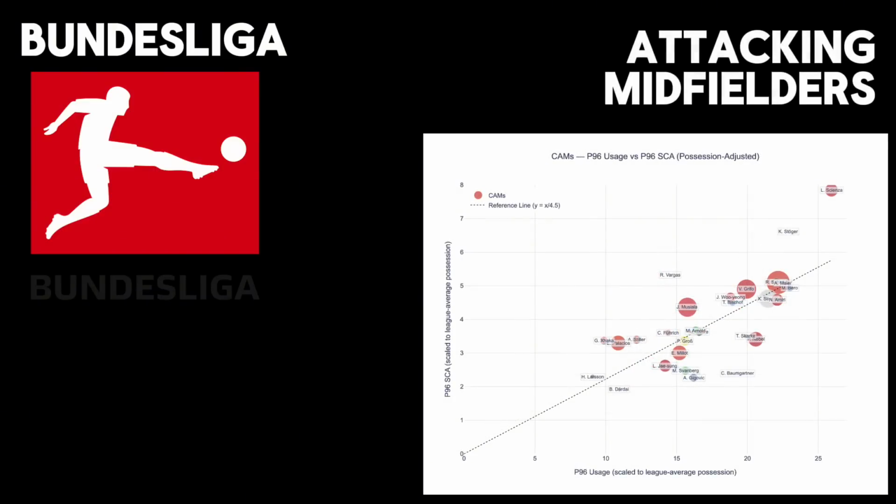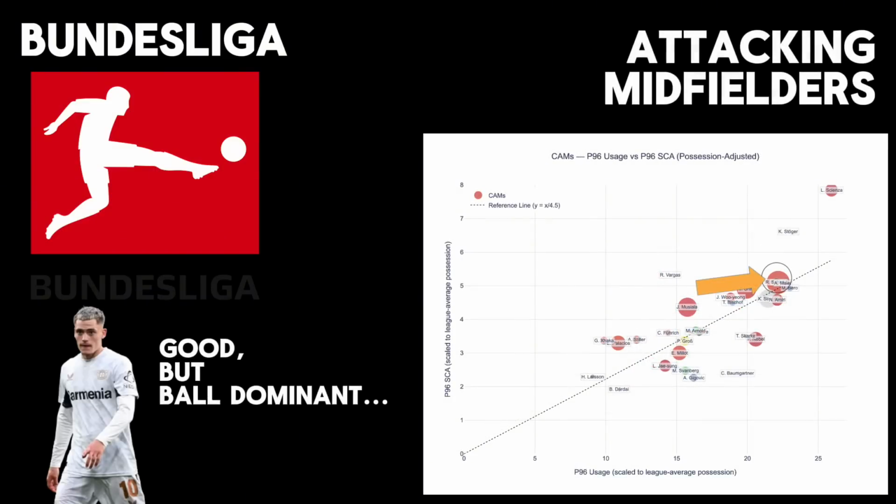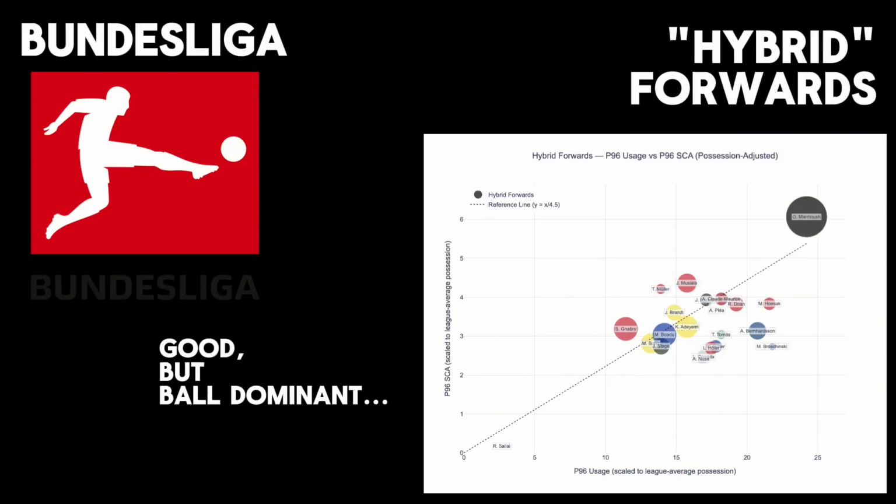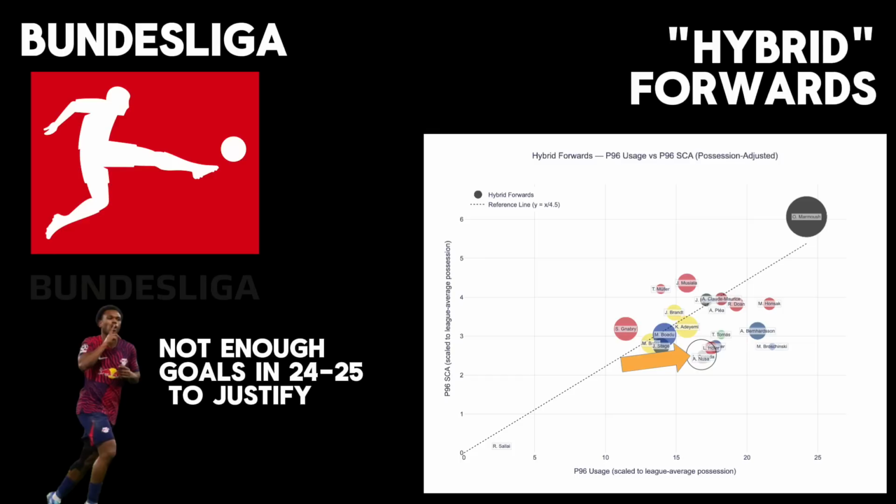Now here are the attacking midfielders. Florian Wirtz was a very heliocentric player last year. He's in a pack with several of those. And now here are the hybrid forwards. I like several players in this group, but Lois Openda is not one of them. Again, his wastefulness might explain the lack of solid links to bigger teams.